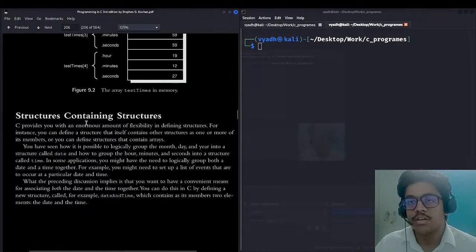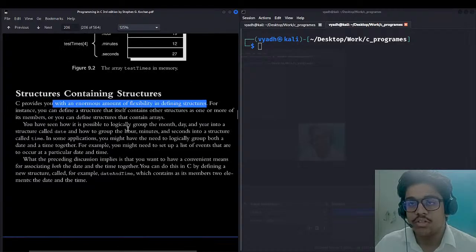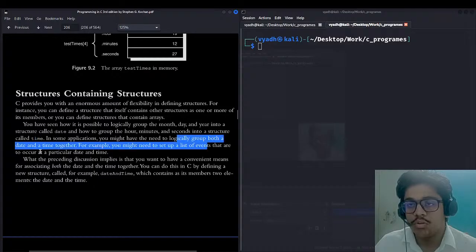So let's begin. C provides you with an enormous amount of flexibility in defining structures. For instance, you can define a structure that itself contains other structures as one or more of its members. So you can define a structure that contains an array. You have seen how it is possible to logically group the month, day, year into a structure called date, how to group the hour, minute, seconds into a structure called time. In some applications, you might have the need to logically group both a date and time together. For example, you might need to set up a list of events that are to occur at a particular